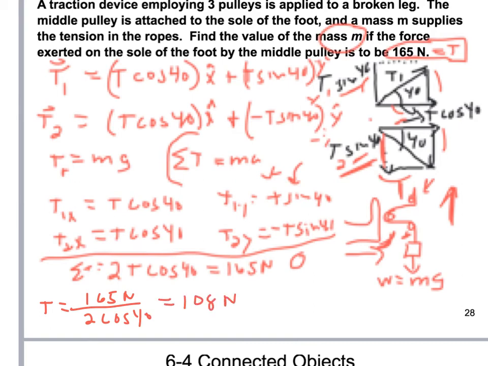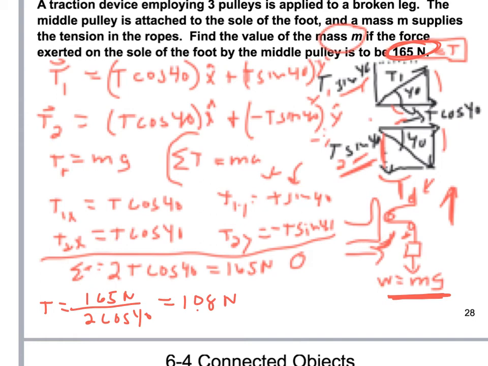newtons. But we still didn't find the mass yet. We want to know what that mass is. And so here we're going to come back here. So we know that we have this tension now. We have a total force up here of 165, and again, that's the combination in the y and the x directions here, the overall force. But when we put it in a pulley like this, we change direction, and that also means it kind of dampens a little bit of the force, and we see it being reduced a little bit here by the x